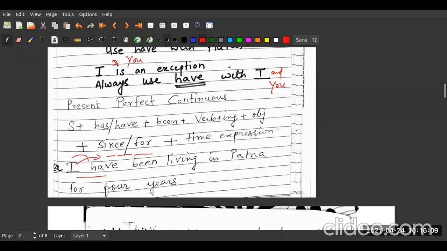So making interrogative is also very easy. You just have to change the word order of 2 words. So the sentence becomes question. If you change the word order of the subject and the helping verb, it becomes question. And if you add not in the verb, it becomes negative. So making negative and interrogative is very, very easy. You just have to change the word order of these two. It becomes a question.